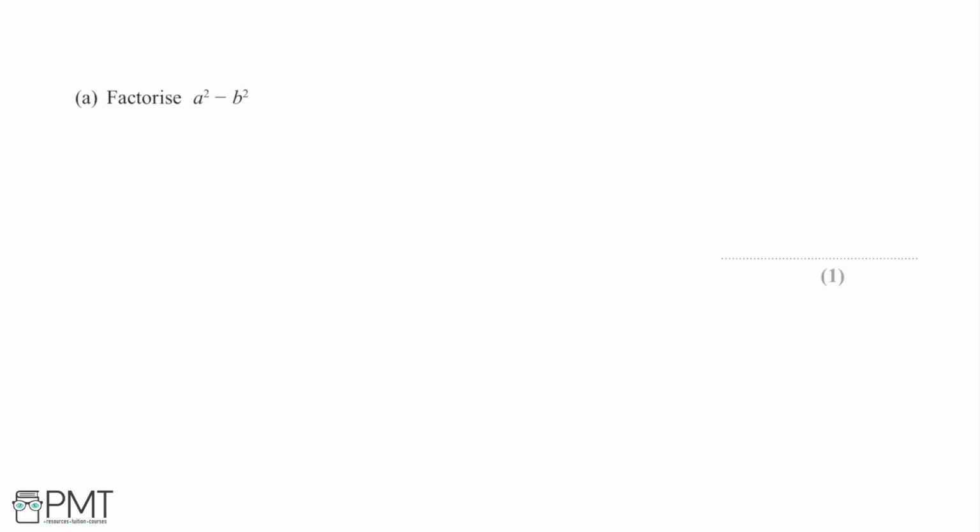So to begin with here, I'm asked to factorise the expression a squared minus b squared. So I'm working with two different square numbers. These are just unknown variables, but it doesn't matter because we're just trying to factorise them here. So we want to basically write this as two brackets which would multiply out to give us a squared minus